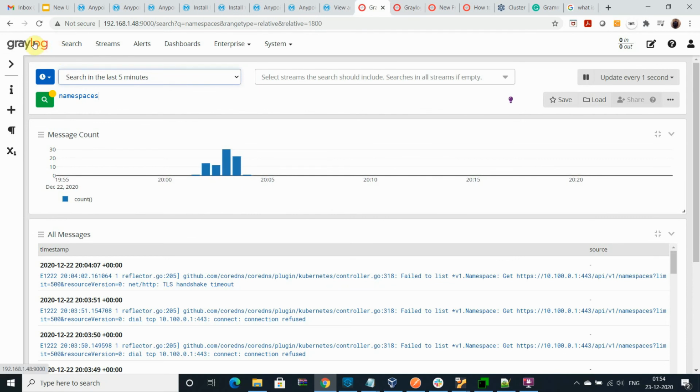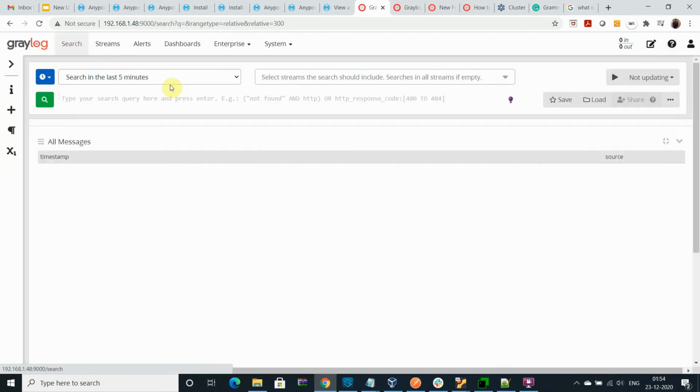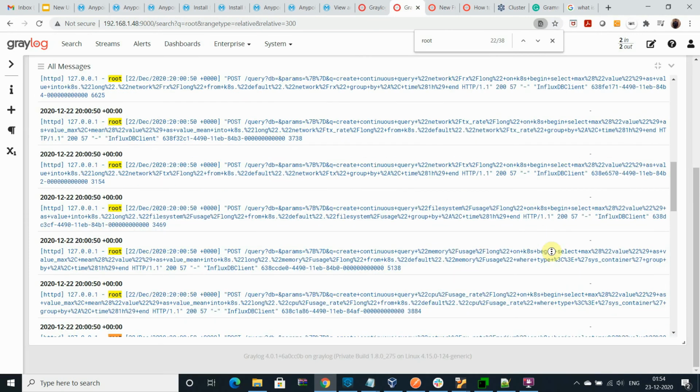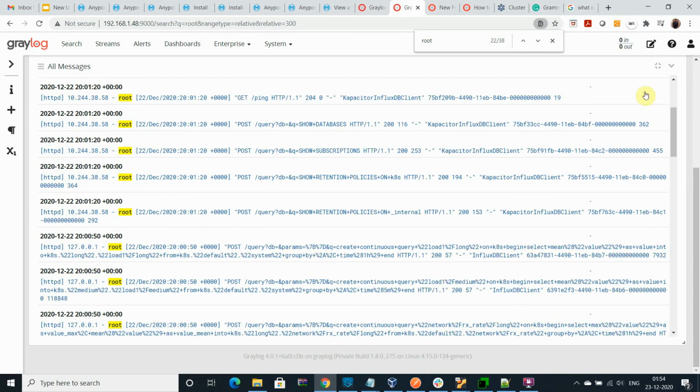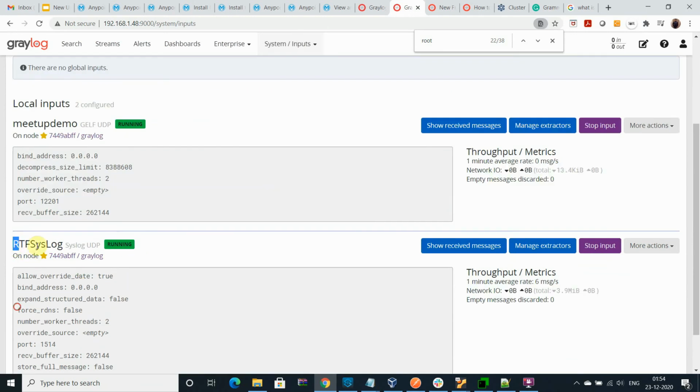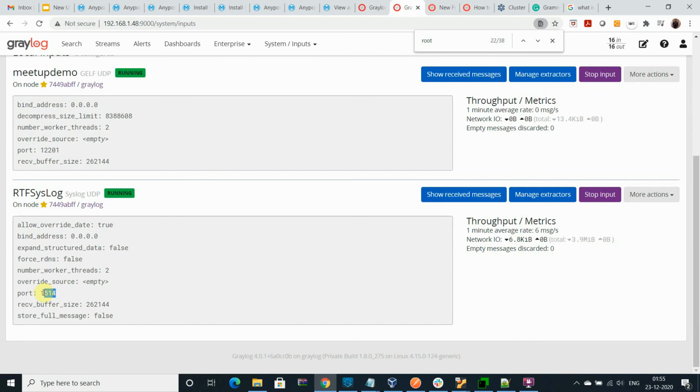Fine. But what happened in Graylog? This is the Graylog IP actually. Let me go over there and you can see. Let me go to the input. This one I have defined for syslog. What I have done here is that I am receiving on port 1514.